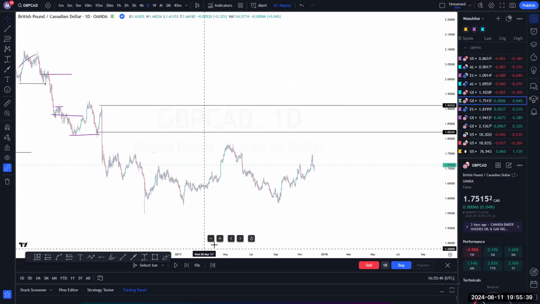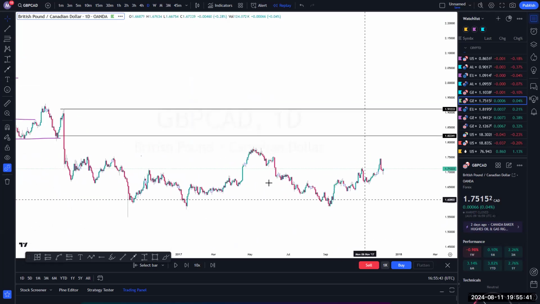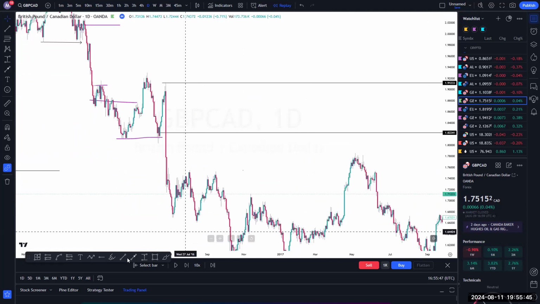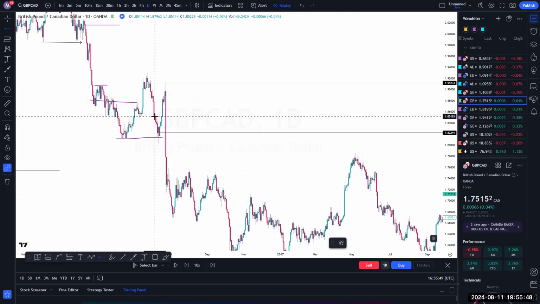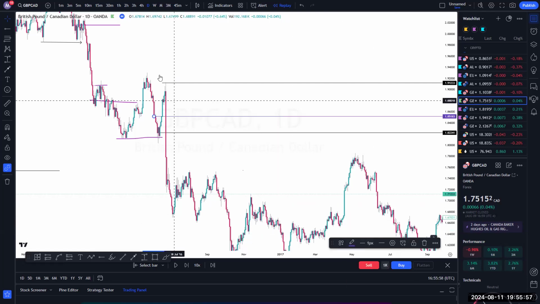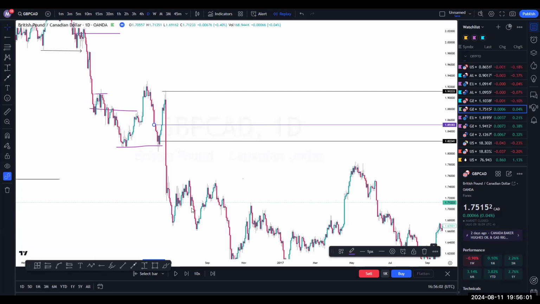we also have now this washed qualified area. We also have now this area inside here. You can clearly see that area there. So you have to be patient enough when you're praying price to come to the